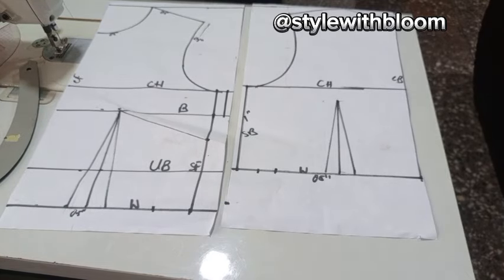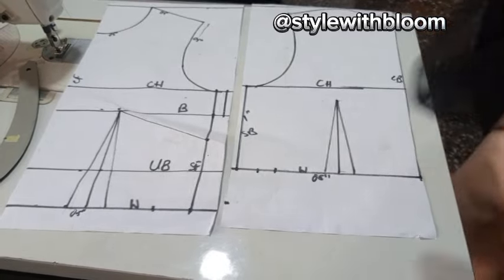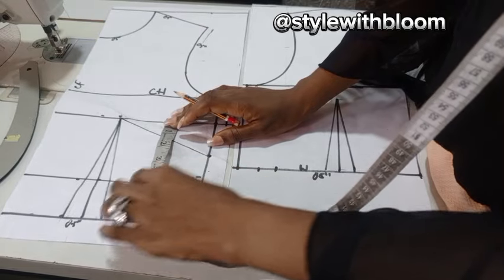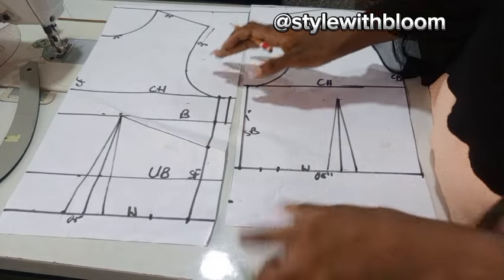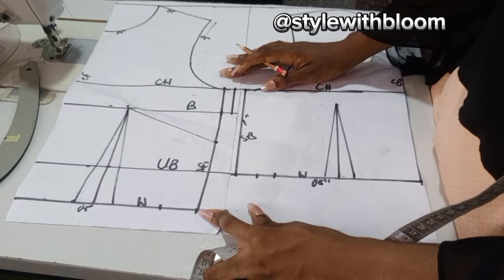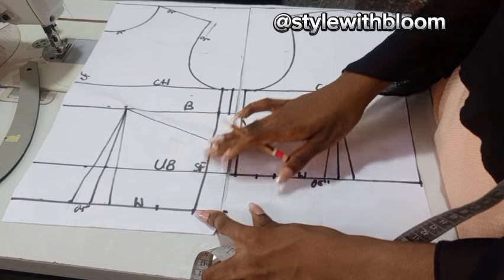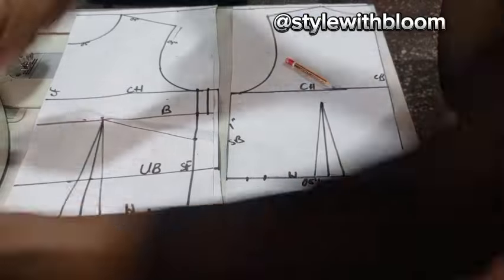Okay, so we're going to go ahead with the drafting of this pattern for the bustier. Remember, we have our shoulder to our under bust here. So first thing you want to do is, this is our midline. Remember, we cut through the midline in our basic bodice pattern, and so this is our midline. So in your whole 9.5, this is what you have left, right? This is what you have left. Okay, so at this point we're going to be going ahead to